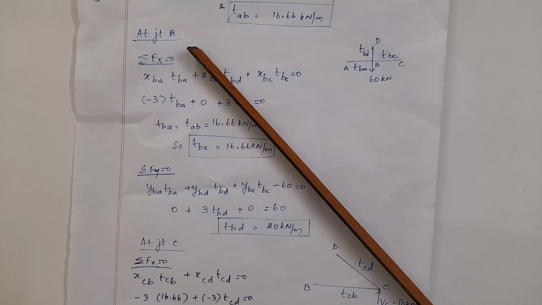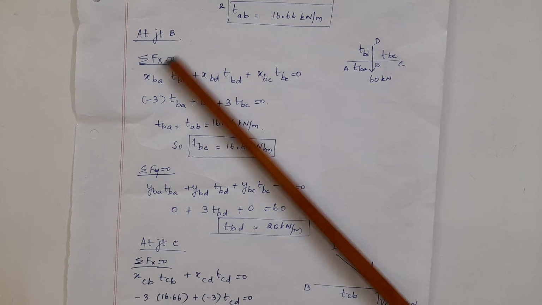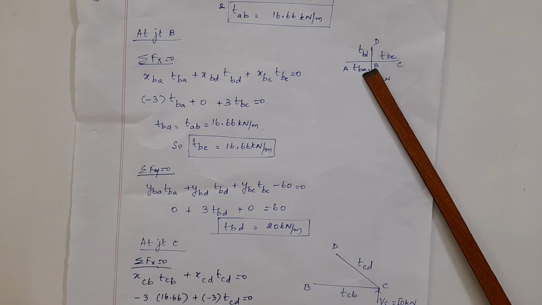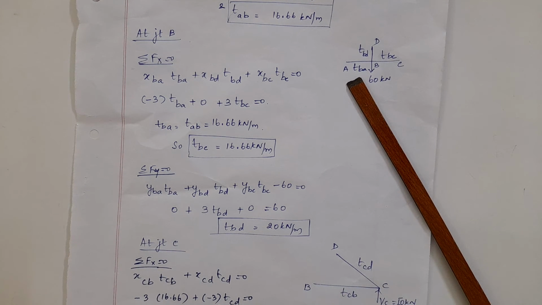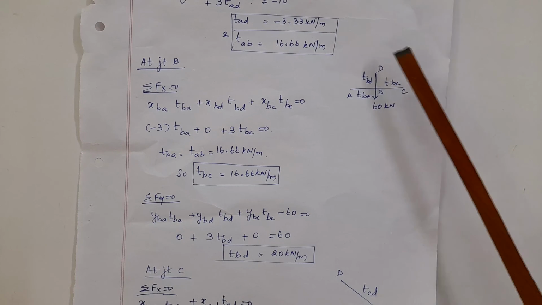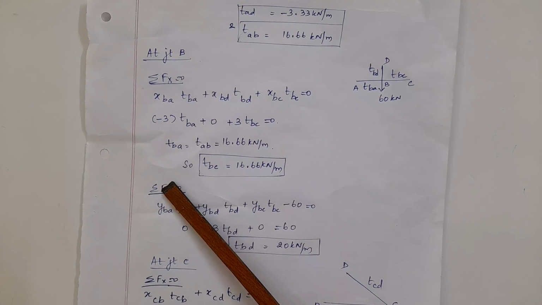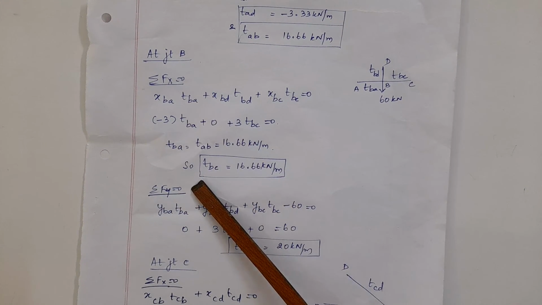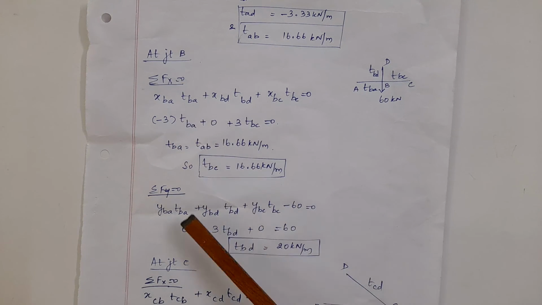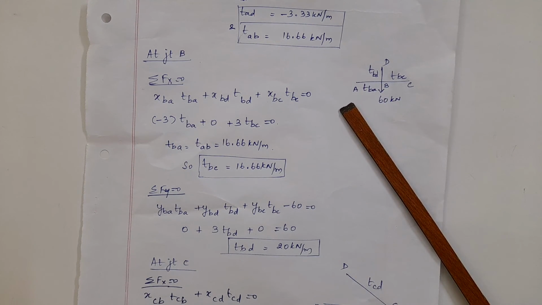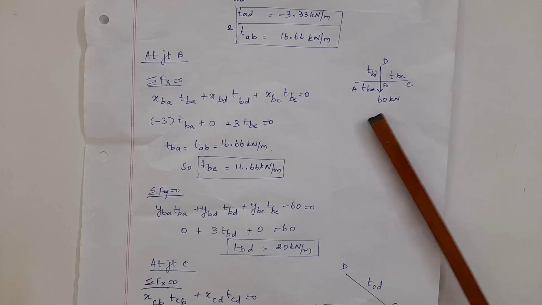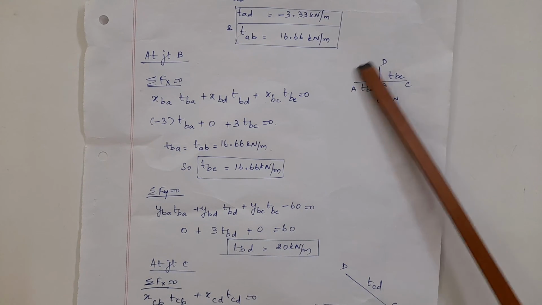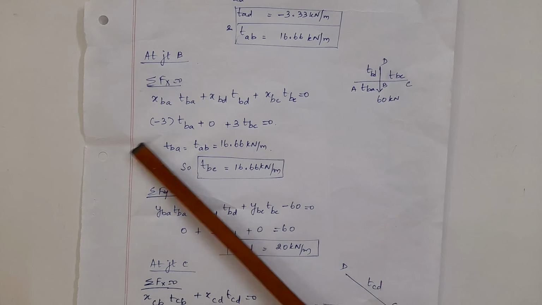Next let us go to joint B. So if I go to joint B, I have 3 members joining at B. The tension coefficient of one member is known. The other 2 has to be determined. I have 2 equilibrium equations, sigma fx equal to 0, sigma fy equal to 0. So I can solve in these 2 members now. So I have gone to joint B. So the diagram is drawn here with the loading at joint D and all the members connecting at joint B.